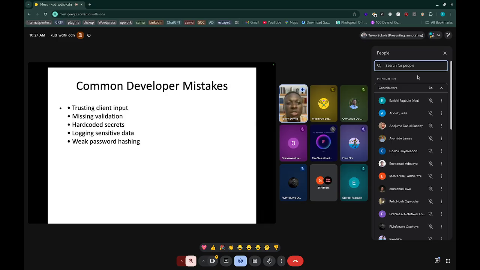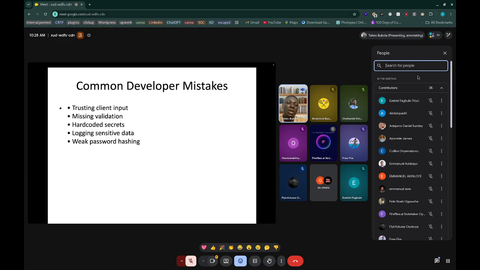So, common developer mistakes. One, trusting client input. As I said earlier, blindly just saying, oh, I've returned it to you before, return it back to me, I will use it like that. And also missing validation, whereby you allow the person to pass in any value.